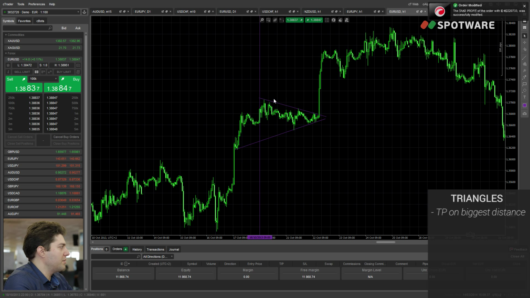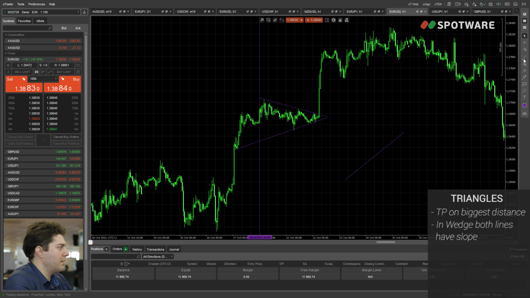Next type of triangle is an isometric triangle. You see here why it's called an isometric triangle, because it's exactly an isometric triangle. Let me explain to you the difference between a triangle and a wedge, just to make sure that you understand correctly. A wedge is when